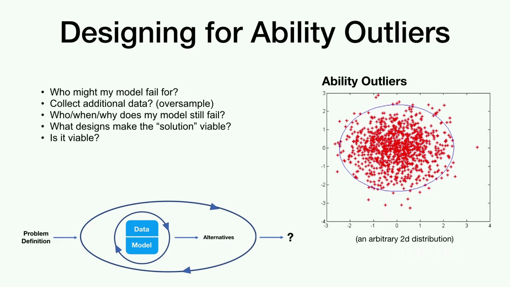So this is just a random distribution, but there's a lot of people out here, right? If you imagine this somehow is people, it's hard. It's hard in an ML world to do that, right? Because you don't have enough data. So how do you do that? Well, maybe we could collect additional data. We could oversample. And trying to predict in advance the unknowns is obviously really hard, the unknown unknowns.